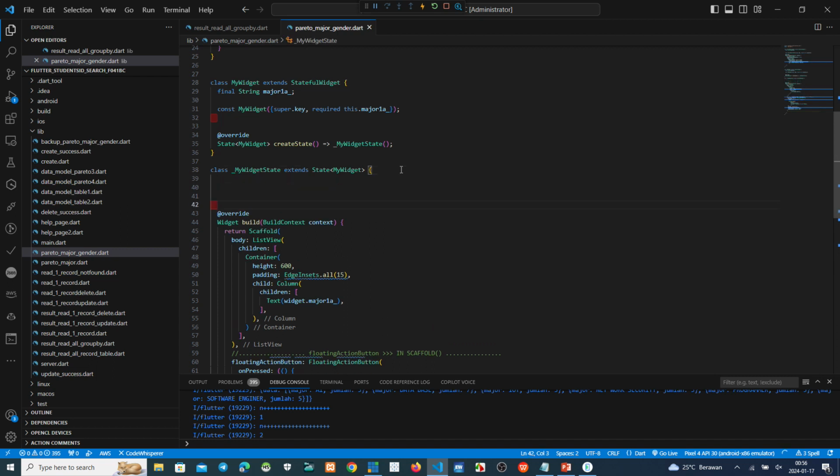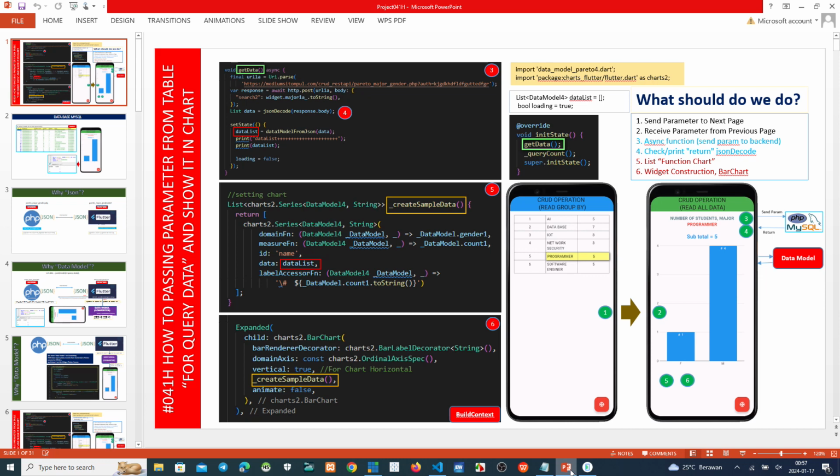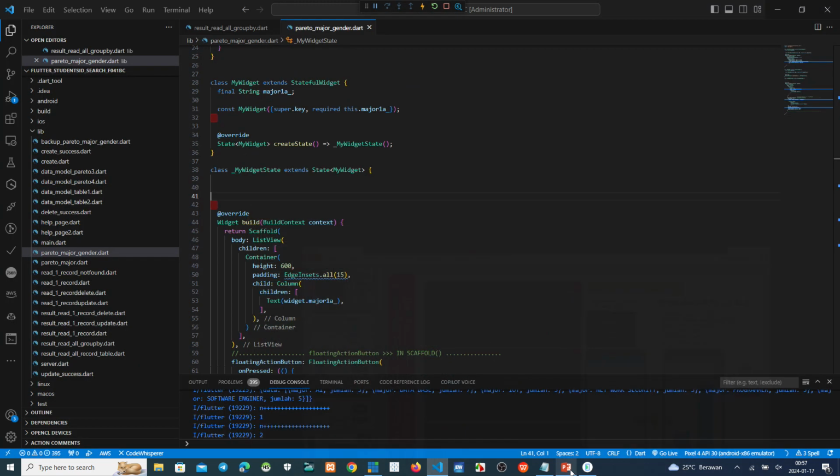Okay. Get data, to make the first one is to make asynchronous function. Get data async.